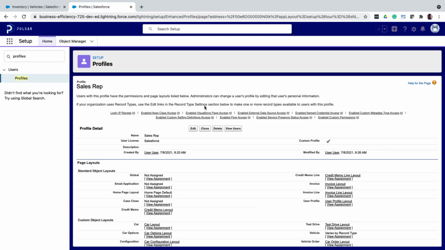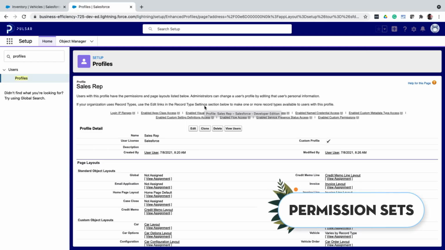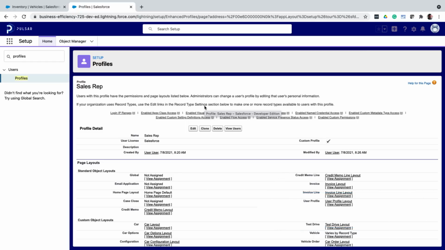So that's profile. You typically create a profile based on business functions. That is, what's the common thing a group of people can do? For example, this sales rep profile can be assigned to all the sales representatives in the company because they have something in common. But imagine this. There might be 2 sales reps who might need extra permissions. So do we create another profile for them? No. We create permission sets, which is very similar to profiles.